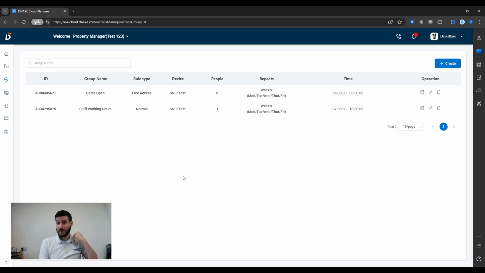And obviously that's useful for different entrances. If you've got multiple entrances that you want to just hold access open to, if it's on a school or something like that, and you want the gates to automatically open for a set time, then you can do that to the minute. And that's it. So setting up under community, you can see there's a lot more functions and features you've got access to. Or if you've got, let's say it was on a school and the school wished to manage this themselves, then